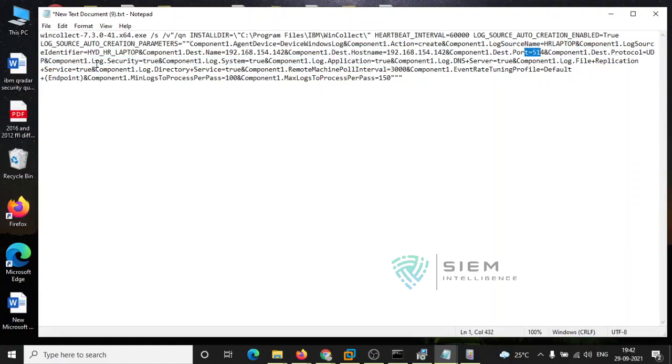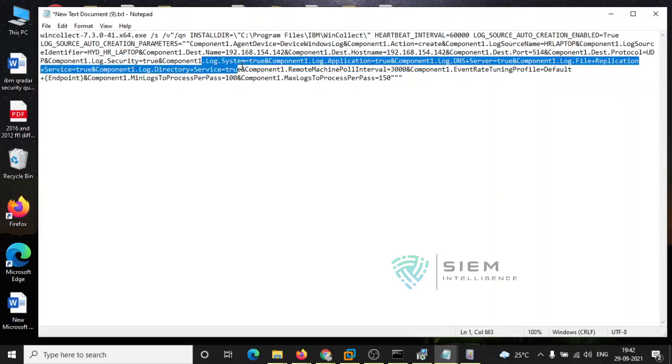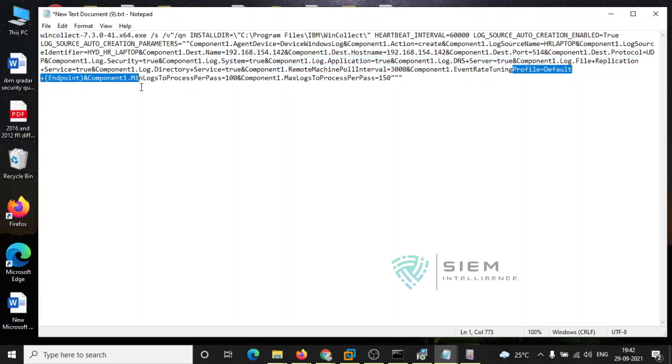See, everything it is giving. These are the things I am configuring: security logs, system logs, application logs, DNS logs, FRS logs, and directory service logs, followed by a poll interval of 3 minutes. The event rate limit is the default endpoint, a minimum of 100 and a maximum of 150 log processing.